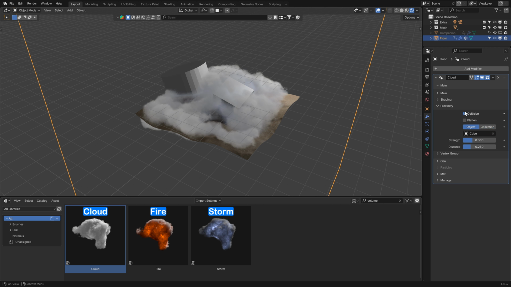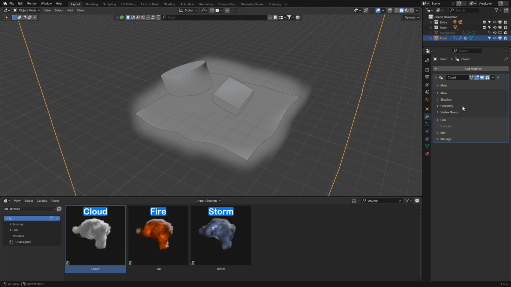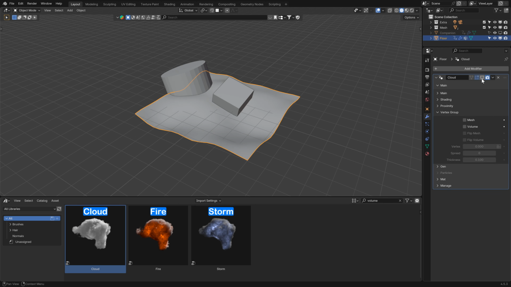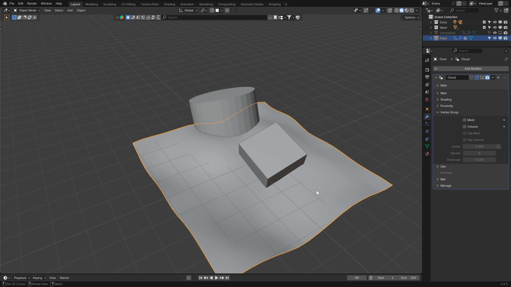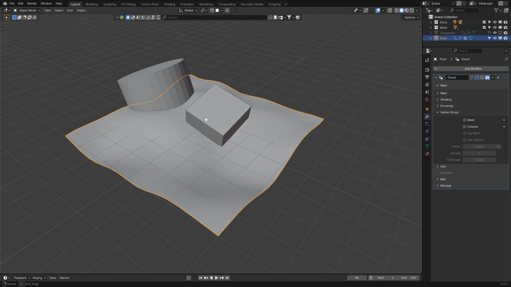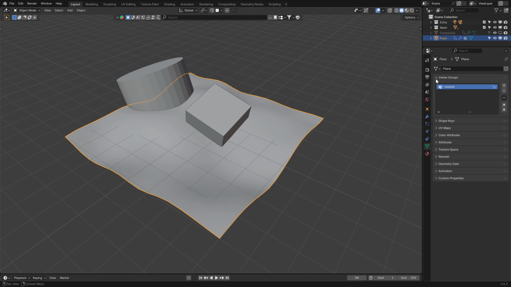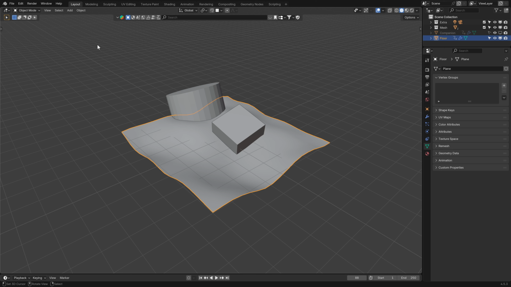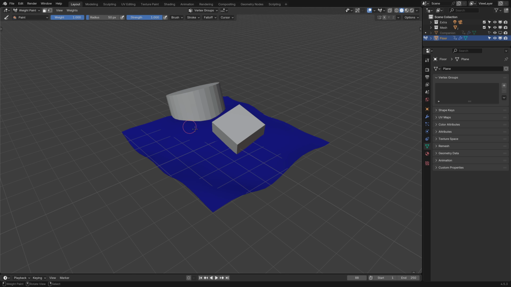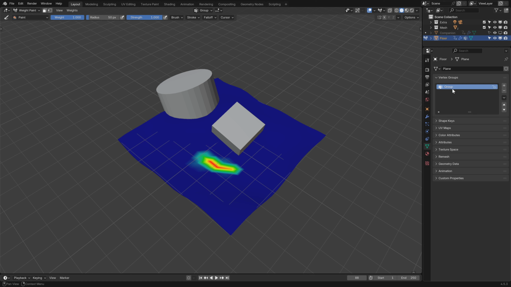Now for the vertex group, you can disable the modifier. Now make sure you select the mesh and go in this tab, and now you can see you have one vertex group here because I created this first. Remove this. Now go into weight paint, and now if you start to paint, you can see you have this group. Now you can rename this group